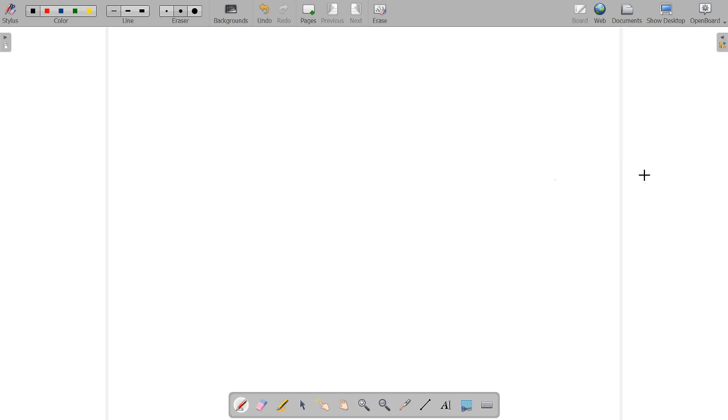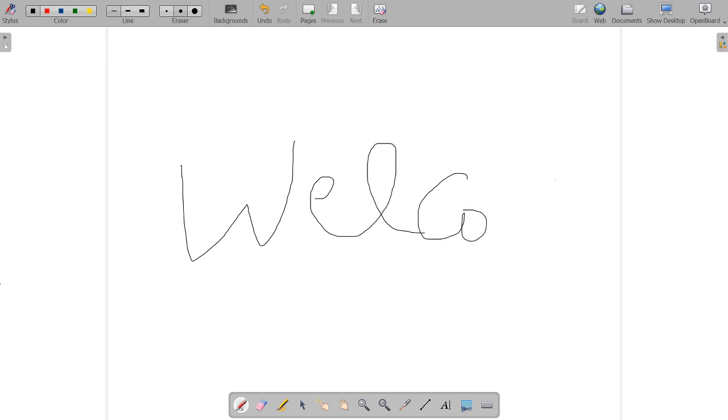Now let us see the same idea, when you have connected it with the tablet, you can write over here. You can take a pen and start writing. I am taking a pen and starting to write. There won't be any problem in writing. Now you see I am writing. There will be a welcome, and I am writing.